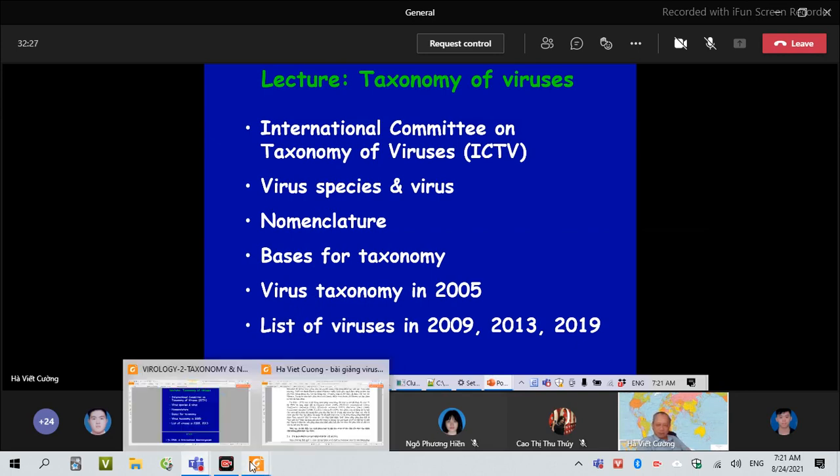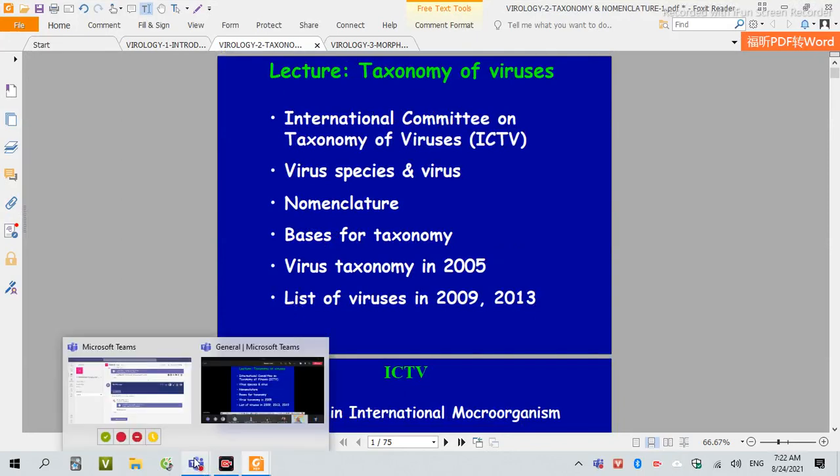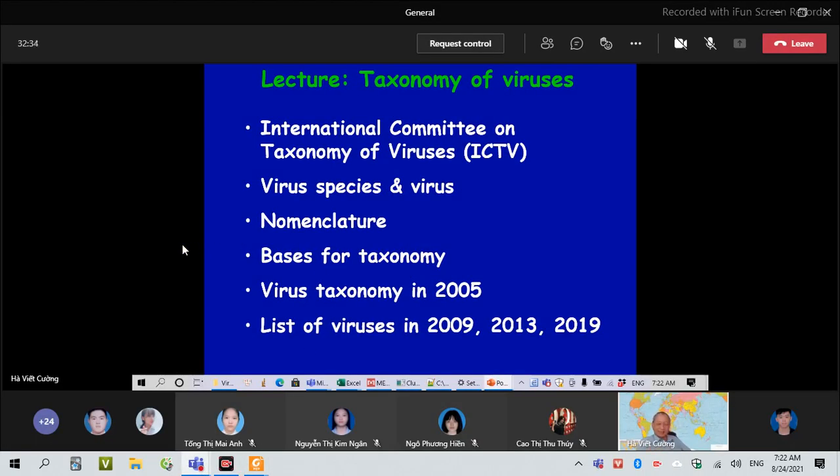Many people confuse the virus species and the virus. These two terms are absolutely different, and very important for you. That's why when we have COVID-19, you know about the disease, you know about the virus, but what is the species? And then we discuss a little bit about the nomenclature for other life forms,